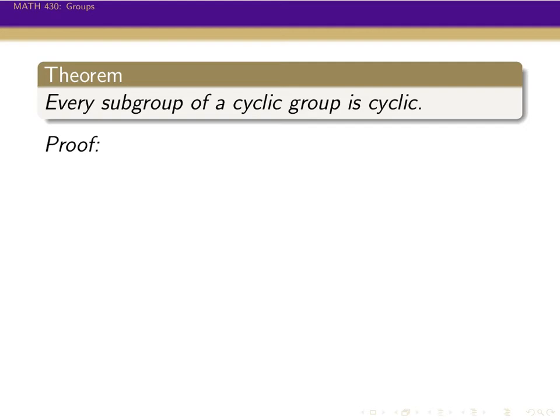So first of all, if our subgroup is just a subgroup generated by the identity, well, this is the trivial subgroup. And it is cyclic because it's generated just by the identity. So now let's suppose that our subgroup is not trivial. So let's take a non-trivial subgroup